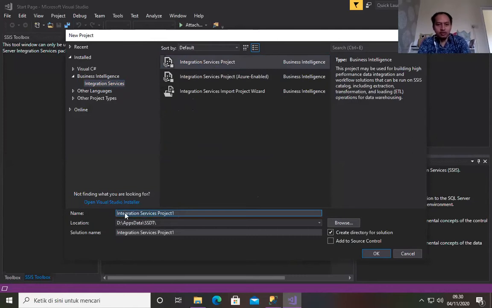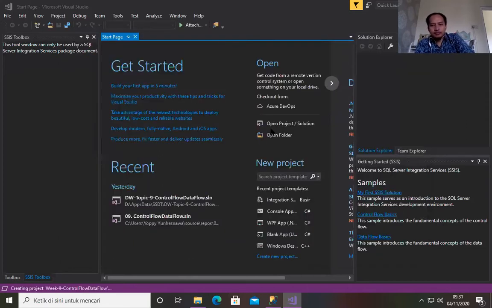So give a name to your project, for example, week 9 data control flow. Just give your project a name, and then make sure you store it in the proper place, and then just click OK.